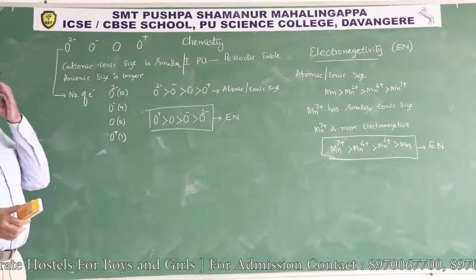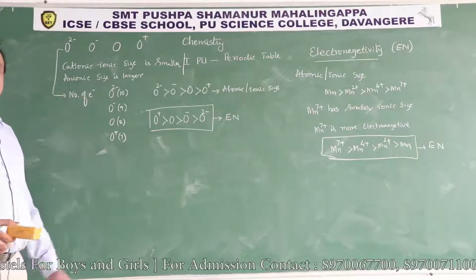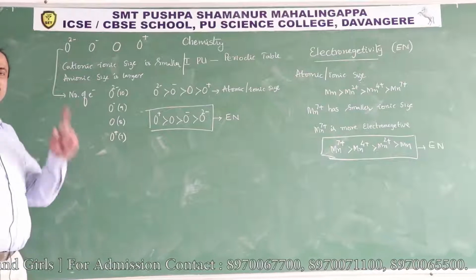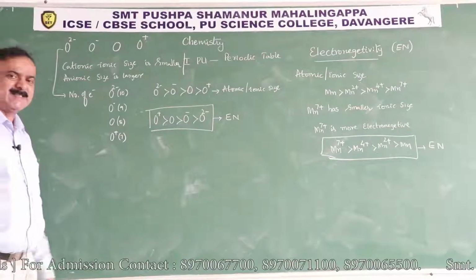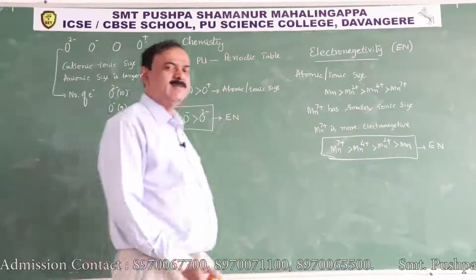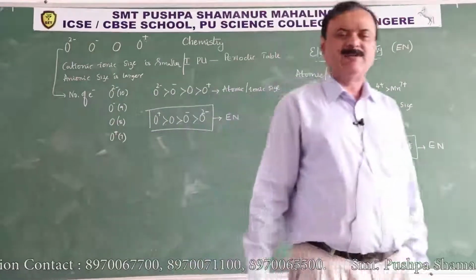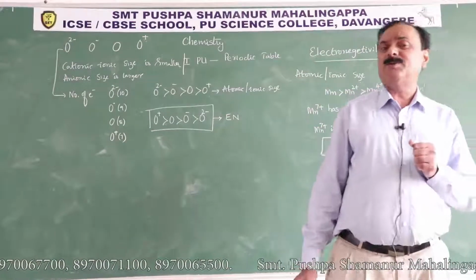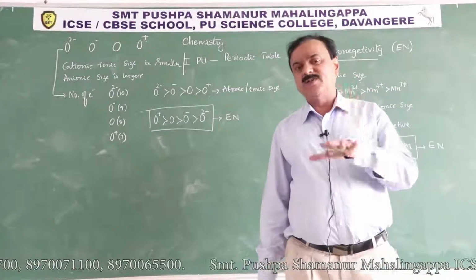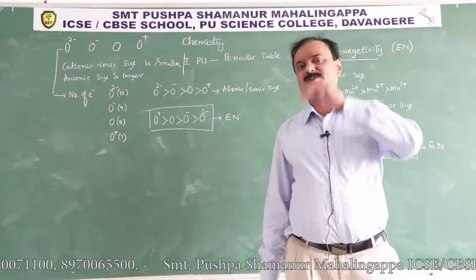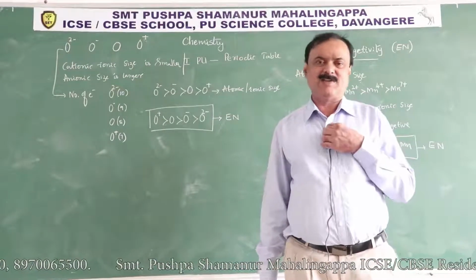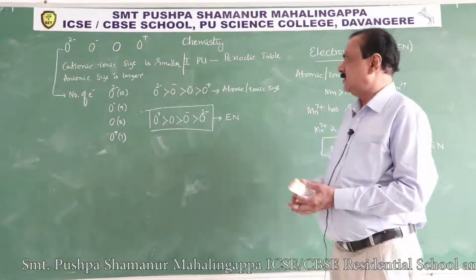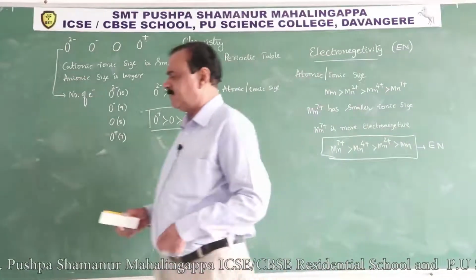Therefore, among all these, they will give the entrance exam question: which one of the following possesses the highest value of the electronegativity? Keep it in your mind. Positive charge species possess the highest value of the electronegativity compared to the negative charge species. That is the shortcut method. If all are positive charges, then the one that possesses the higher positive charge possesses the highest value of the electronegativity. Is it clear? Fine. Now this is about the electronegativity values